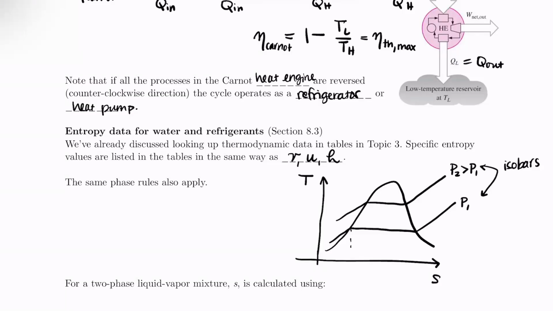On this curve, on the left-hand side, this is going to be our saturated fluid specific entropy for state 1, or for pressure 1. And then this point would be our saturated vapor specific entropy for pressure 1. All right. And so if we have that our entropy is less than or equal to s_f, this means we